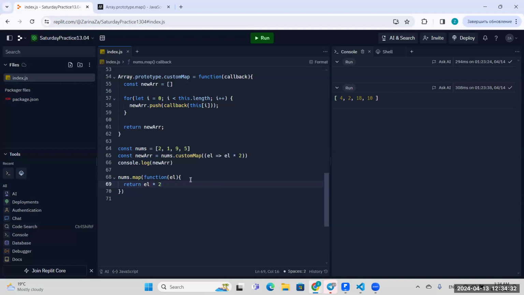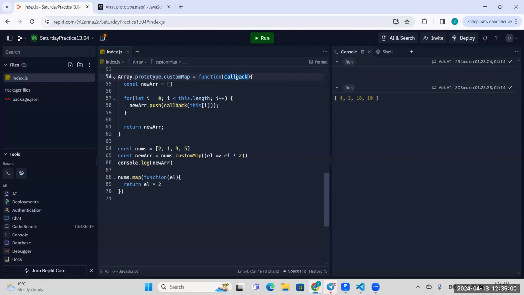Does that make sense? So this is the callback that we're discussing here. It's a parameter, right? So when we create our custom method and we say this is a callback,